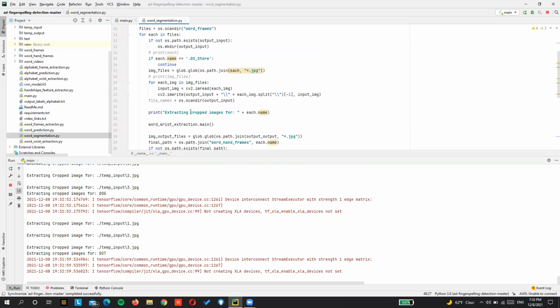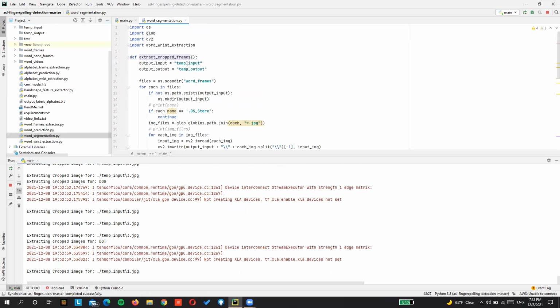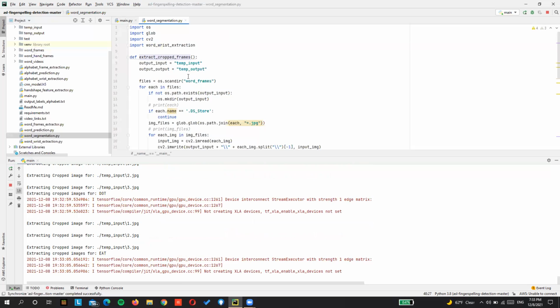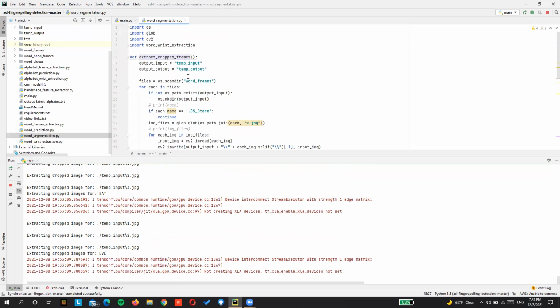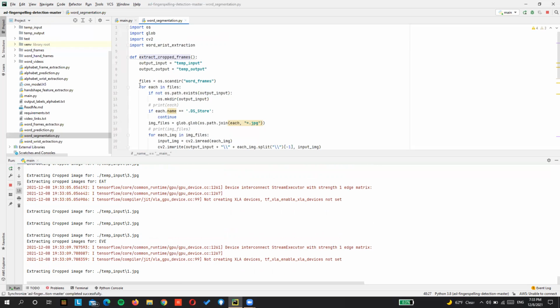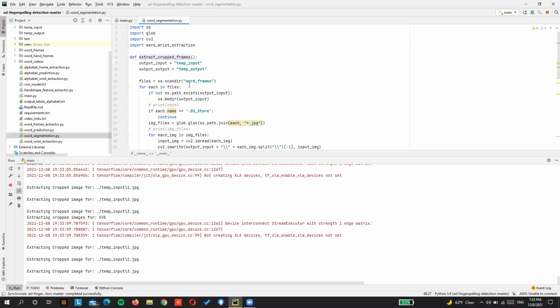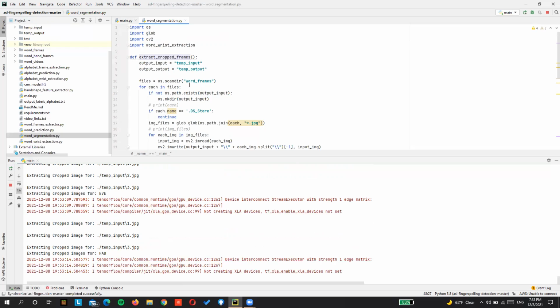For the purpose of this extraction, we are creating temporary input output folders so that it doesn't override the similar words. Let's say the words BAD and BAG have B and A in common.